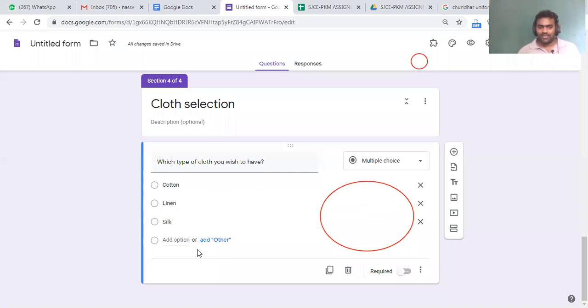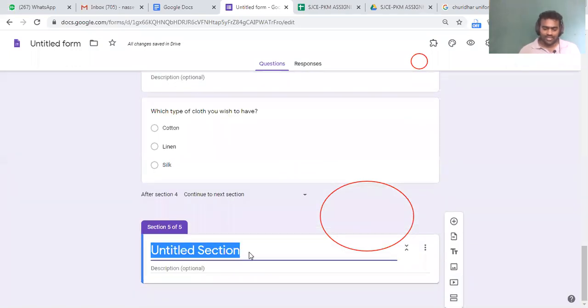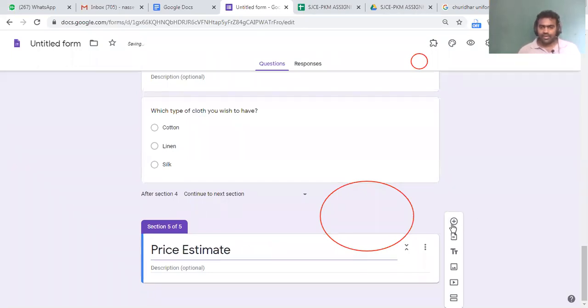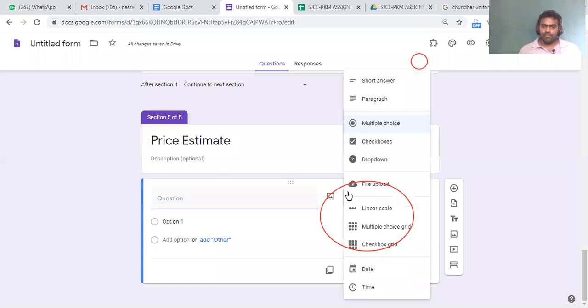Cotton, linen, silk, etc. Now I'll just add one more selection, that is price, budget, or estimate. Okay, price. I'll add one thing. So here, can I choose some other item here?